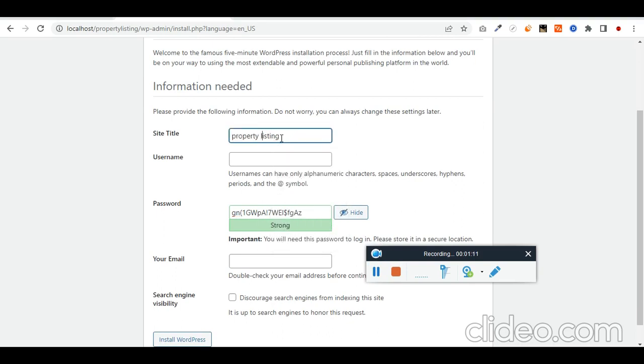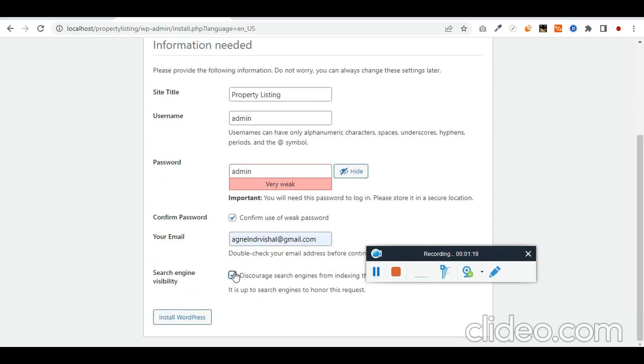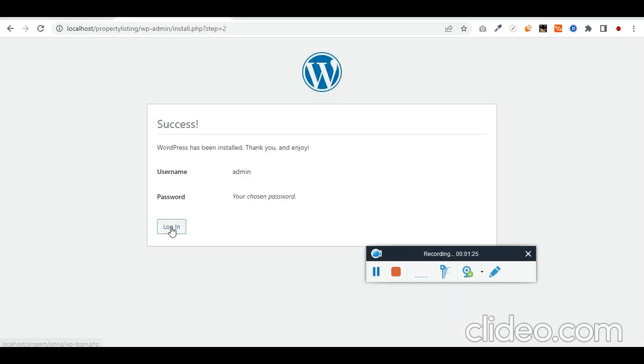So this is going to be the site title, and the username is admin and the password is admin. Confirm it's a weak password and give an email in case you forget the password, and discourage search engines. Since we are using localhost, this doesn't matter. Now click on login. The created credentials we need to pass as admin,